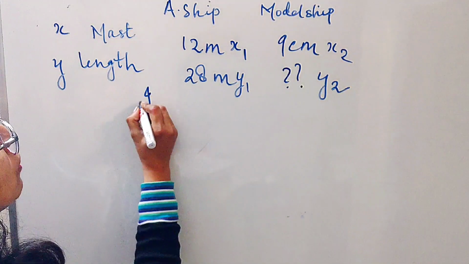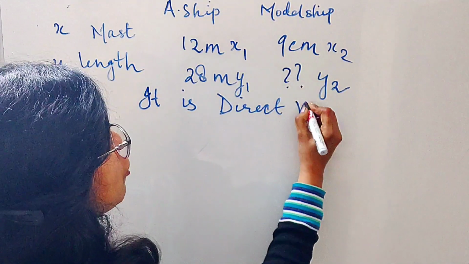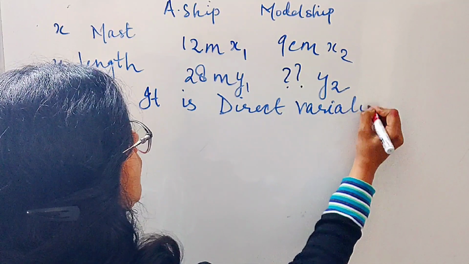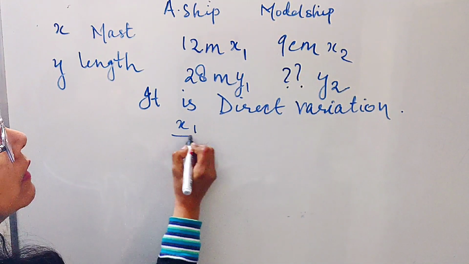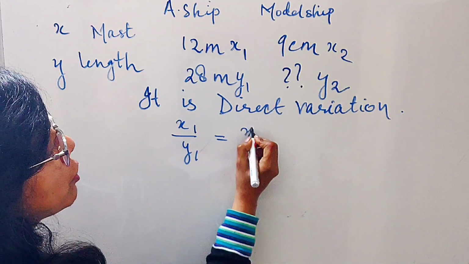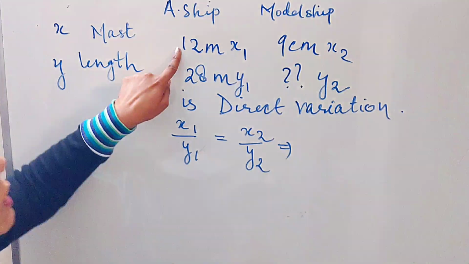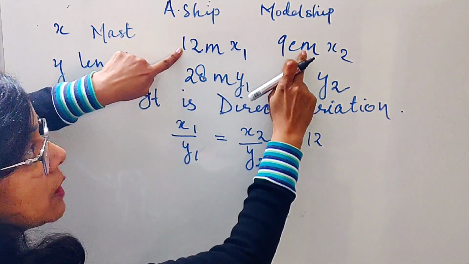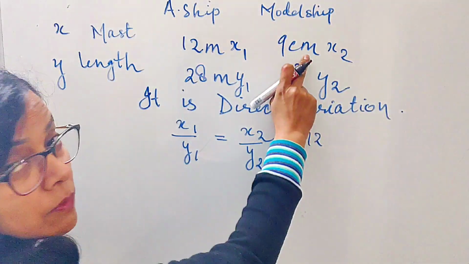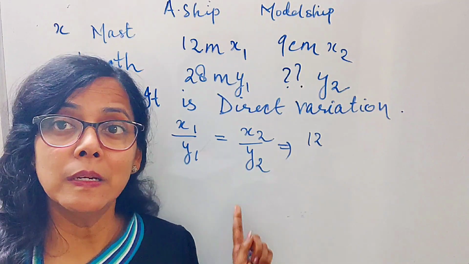So students, first of all write down it is direct variation or proportion, whatever you like. Now the formula for it, x1 upon y1 is equal to x2 upon y2. Put the values here. x1 is 12. This is in meter. This is in meter. This is in centimeter. We will not change the value here in centimeter because here we are taking